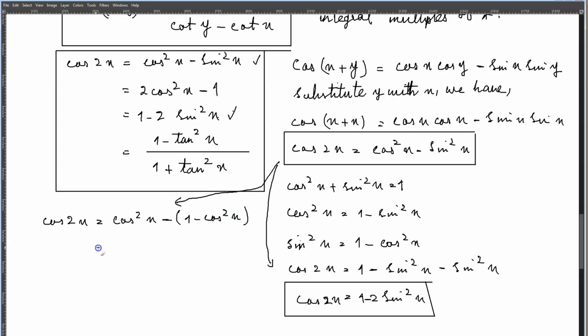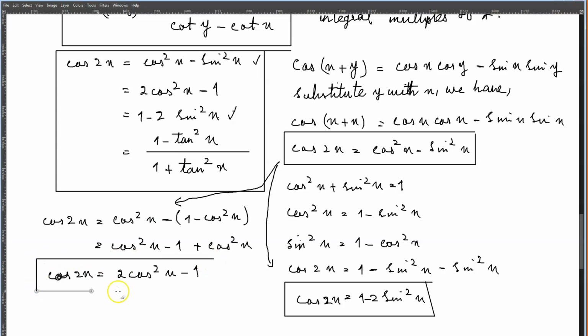1 minus cos squared x, which is equal to cos squared x minus 1 plus cos squared x, which is the same thing as 2 cos squared x minus 1. And so that is cos of 2x, 2 cos squared x minus 1. So that is this one over here. And also, cos of 2x, you can write it as